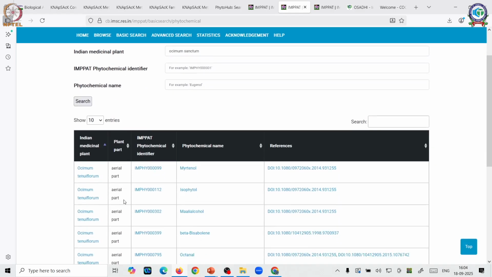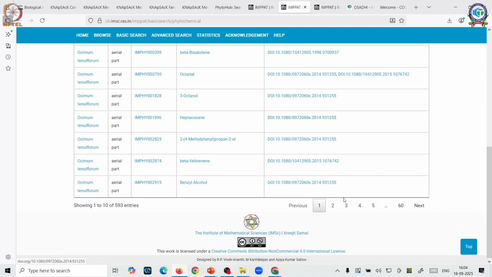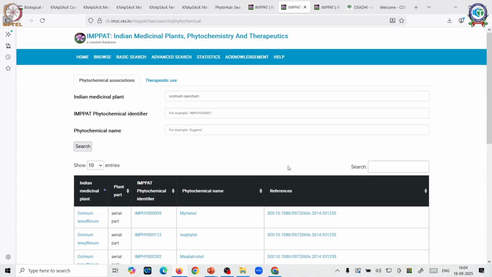So if you see the other Ocimum sanctum or tenuiflorum, again you have as high as 60 searches. So depending upon which plant you are searching and how many compounds this database has, it will get you everything here.